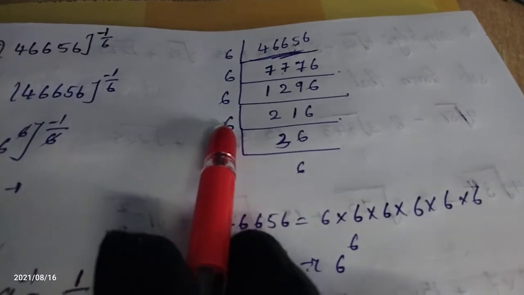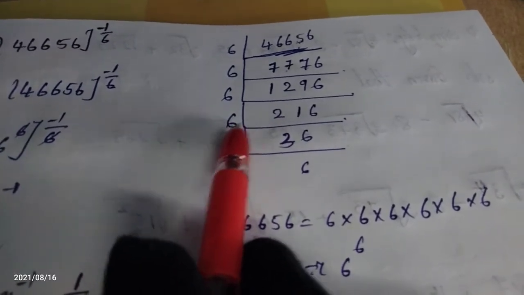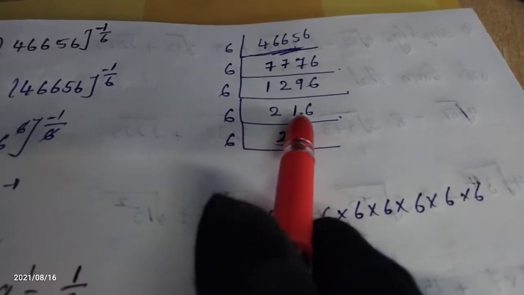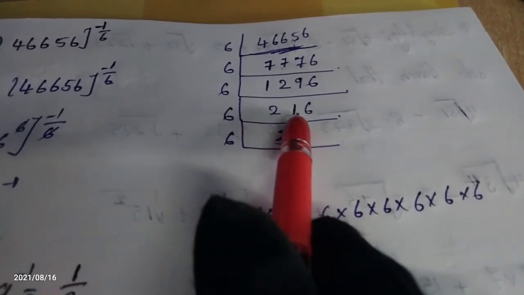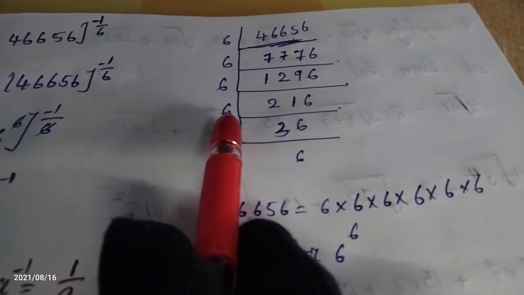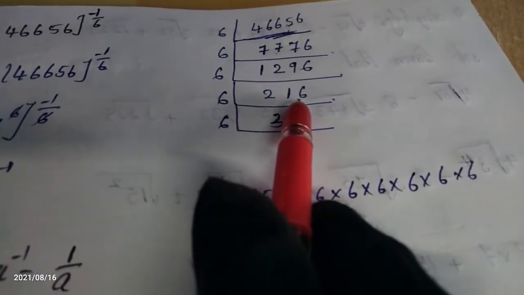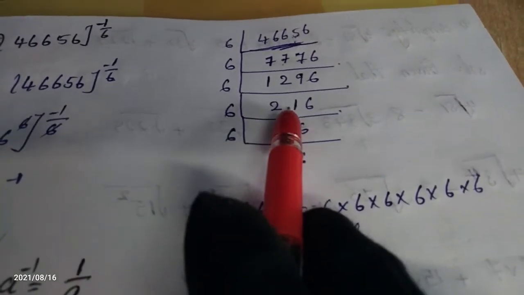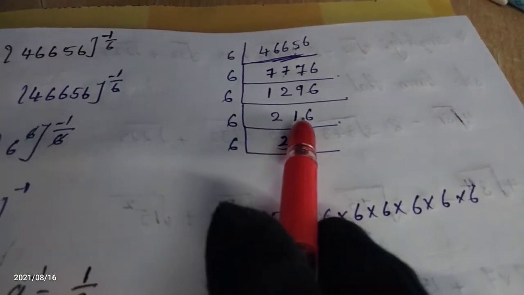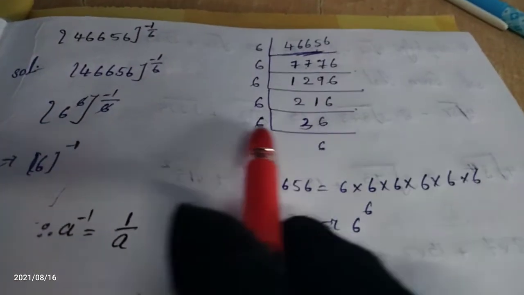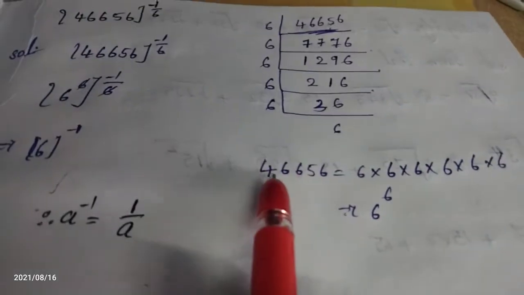Okay, again 21 is there. If we consider only the 2, it is not possible now. We have to consider 2 numbers. 21: is it divisible by 6? No, we have to take the number smaller than 21, which is 18. When we get 18, 6 3s are 18. How much is left here? 3. When we put here 36, again 6 6s are 36. At last we get 36, since 6 6s are 36.